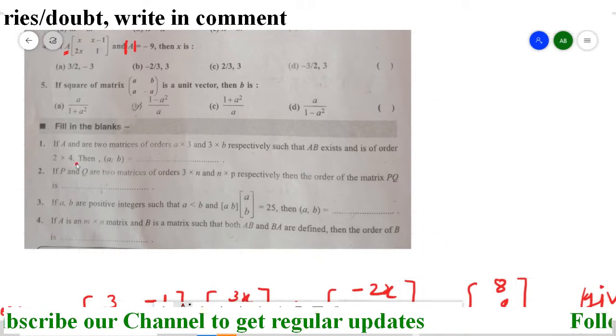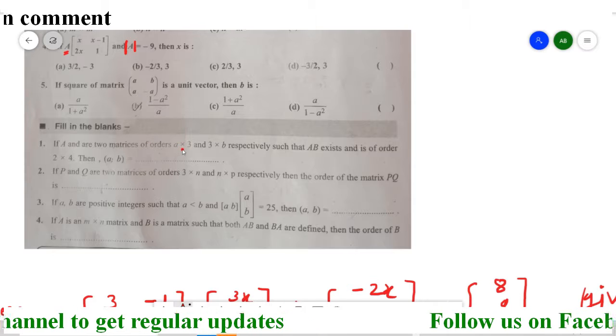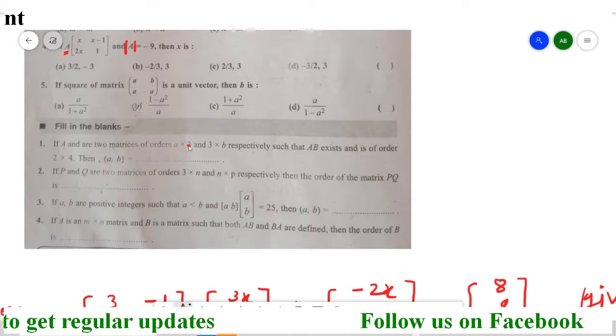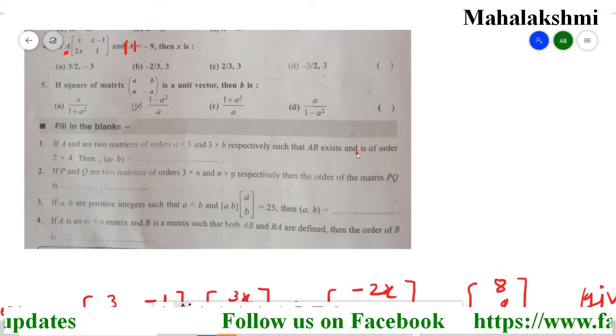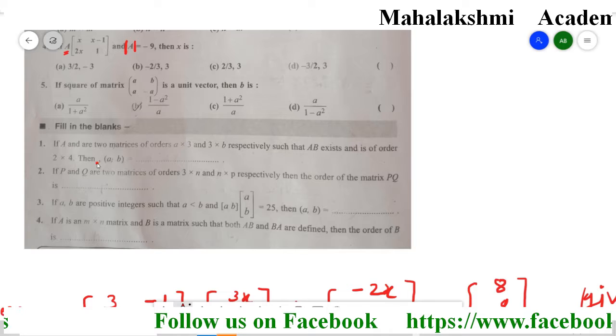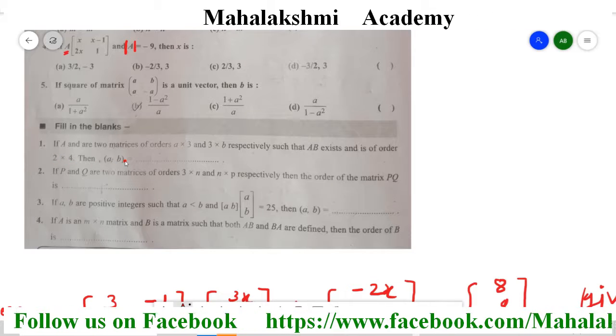See the fill up. The first one is: A and B are two matrices of order A cross 3 and 3 cross B respectively, such that AB exists and is of order 2 cross 4, then AB. So the conclusion is